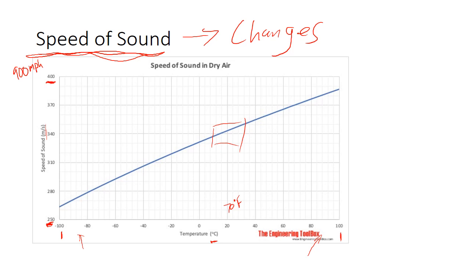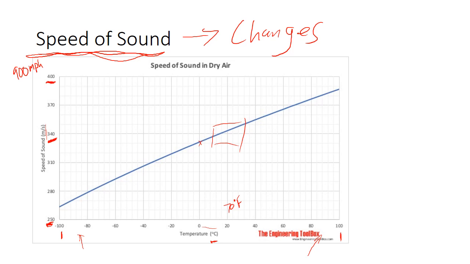So our speed of sound is going to be close to 340, and it's not going to change very fast. I hear what you're saying, Mr. Keeney, but it's going to drop, I don't know, 10 meters per second. Yeah, but it's going to take 20 degrees to do it, and the temperature doesn't drop 20 degrees very quickly.